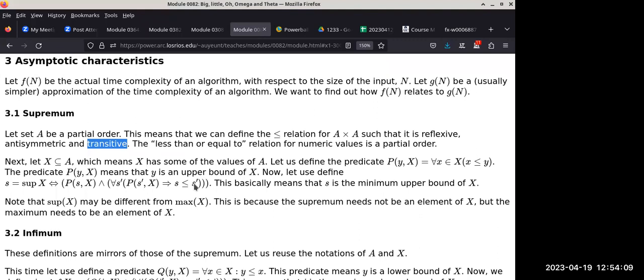Okay, so if I were to say this in plain English, I would try my best. It's basically saying, S itself has to be an upper bound, but all the upper bounds have to be greater than or equal to this particular upper bound, which makes S the smallest upper bound with respect to the set X. Is that okay? All right.